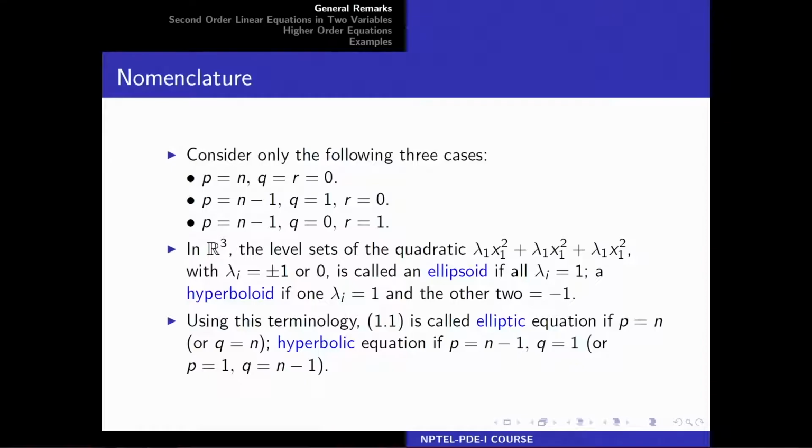So, if the coefficient matrix has all positive eigenvalues, or equivalently all negative eigenvalues, that just needs a change of sign, we call it an elliptic equation. And when the coefficient matrix A has n minus 1 positive eigenvalues and 1 negative eigenvalue, or equivalently 1 positive eigenvalue and n minus 1 negative eigenvalues, we call it a hyperbolic equation. So, the other third case we will now discuss in detail, namely